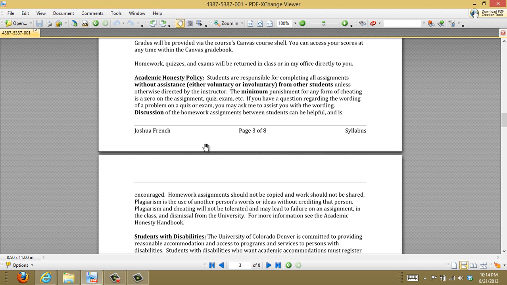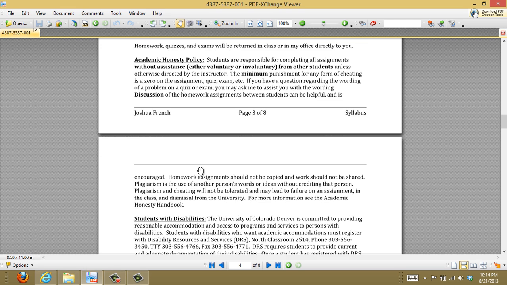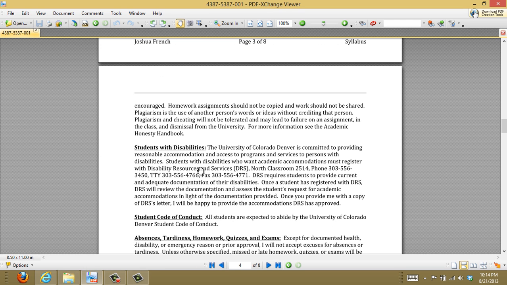That's going to be what's best for you in terms of learning the course material, and it will also protect you from being charged with some sort of academic dishonesty. And definitely do not get help on a quiz or an exam unless I say it's okay. If you do, if you get caught, I'm going to turn you in, and that's just going to be embarrassing for you. It's going to be awkward for me, and so please don't make me do that. Please just be honest. And if you have more questions, then see the academic honesty handbook, which there's a link provided later in this